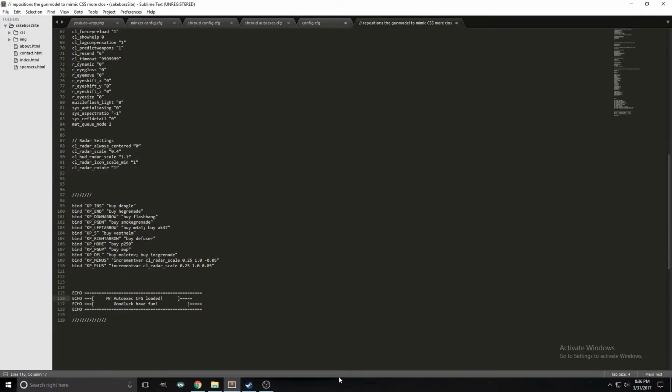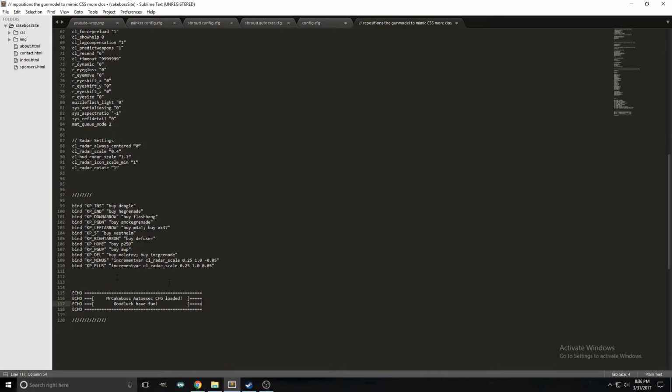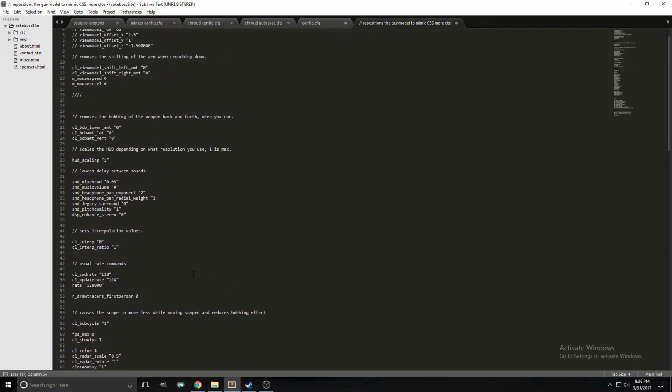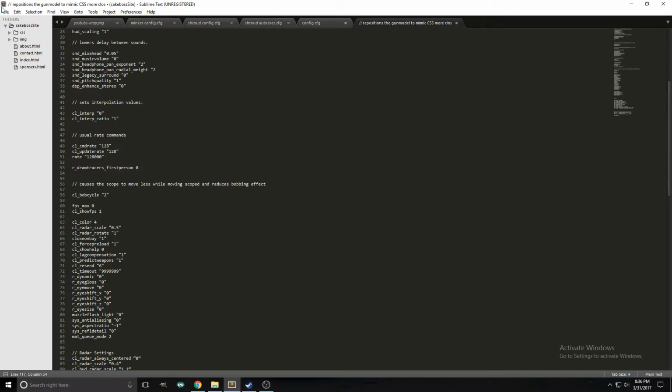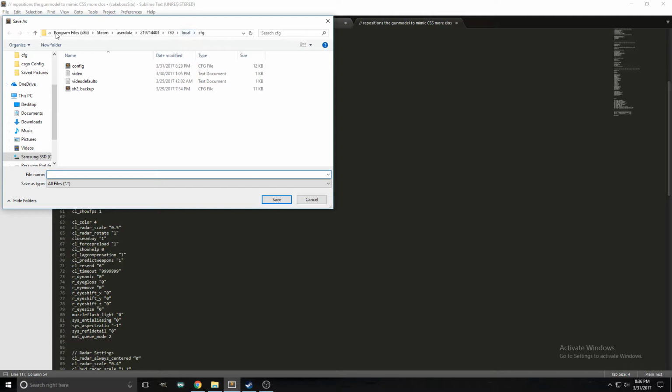I'm gonna change this from Shroud to MrCakeboss. You can change this to whatever. You can delete this if you want. I think that's all cool for now. So yeah, I'm gonna save this. You're gonna want to save it in the same folder. So remember, this number is gonna be different for you. But yeah, you come over here, save it as autoexec.config.cfg,